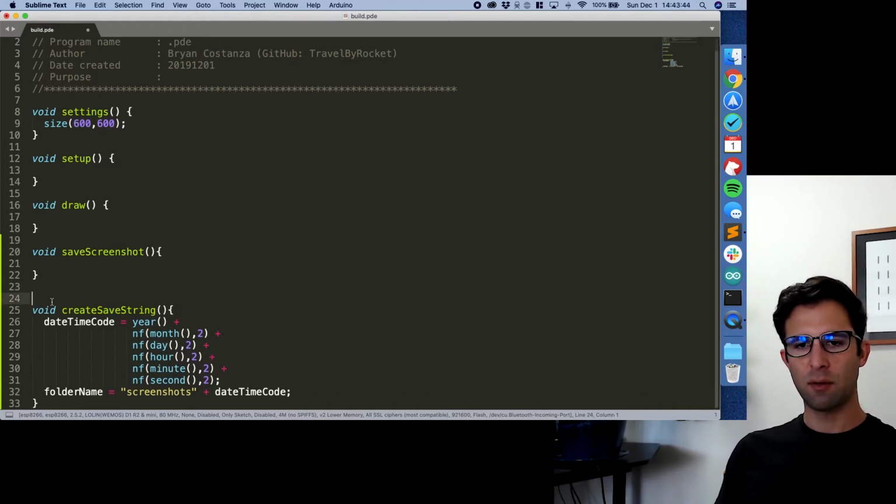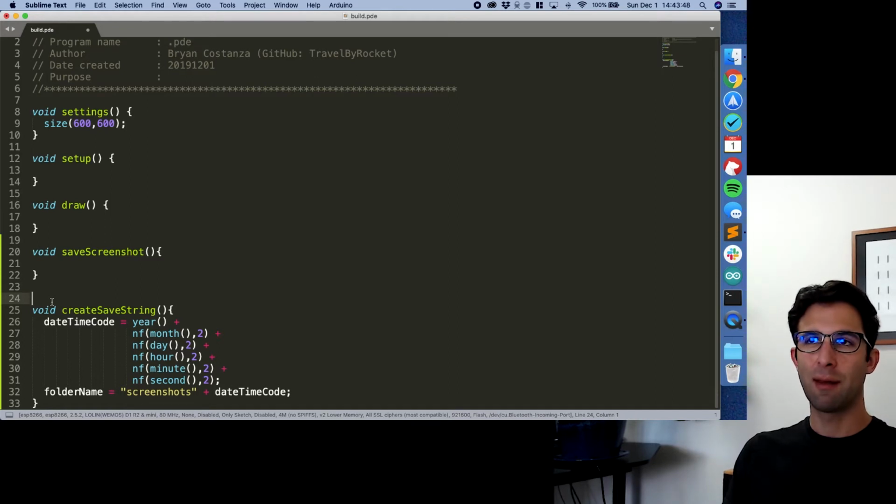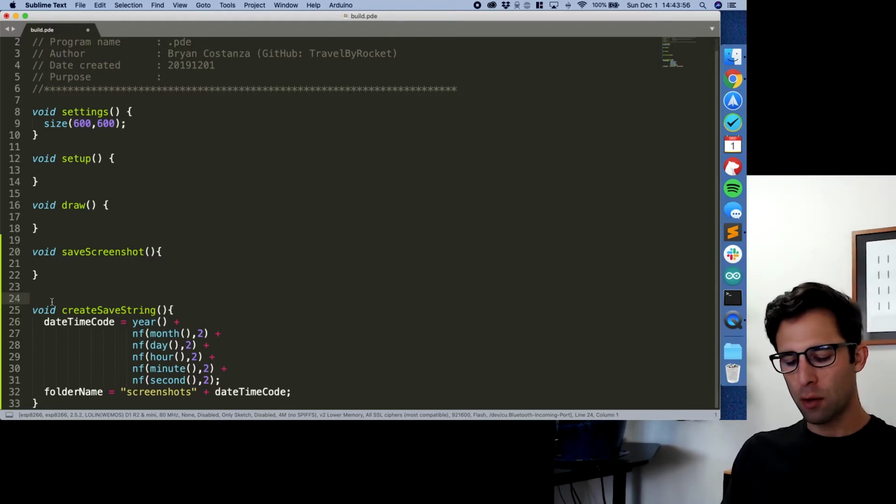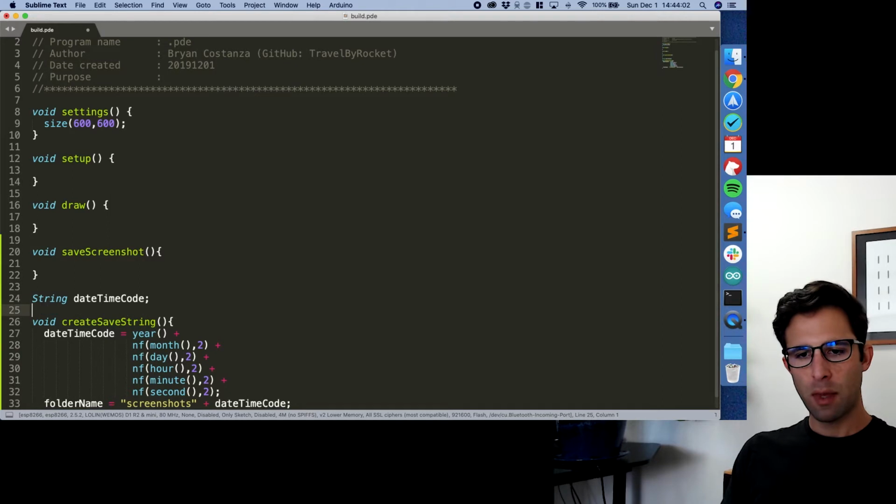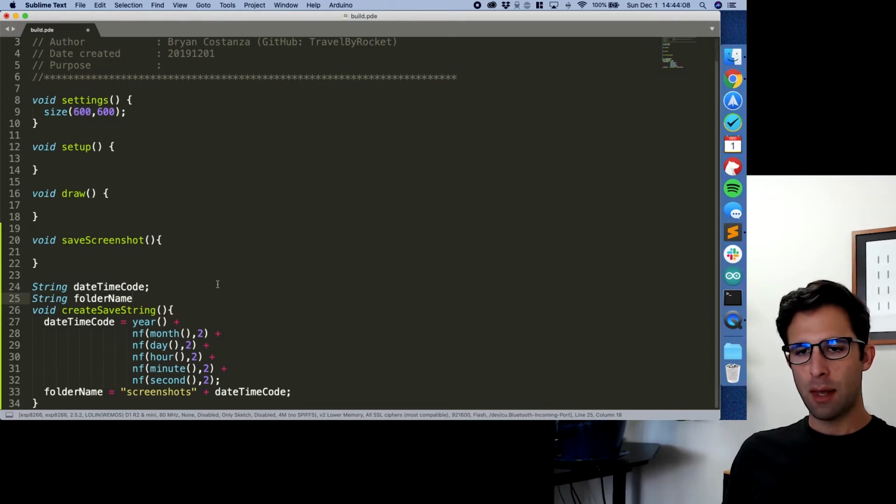I'm going to define some of these variables just right above the create save string because they really don't need to be, although they are global variables, we don't need to kind of clutter up the top of our file with that stuff, so we will do it here. So we have a string called date time code, and then we have a string called folder name,